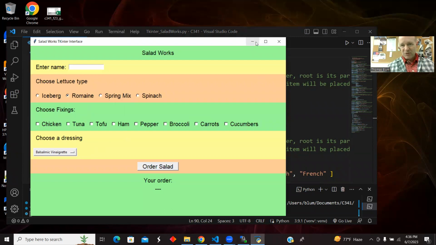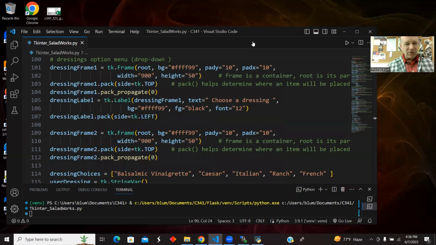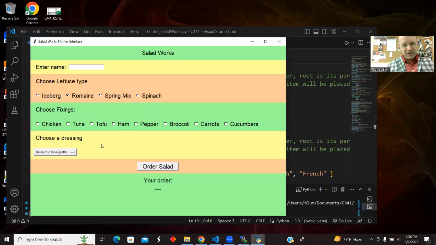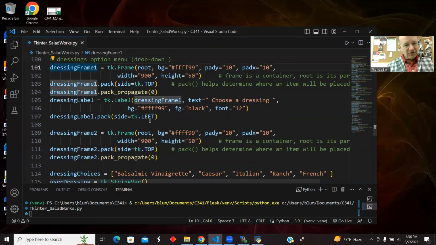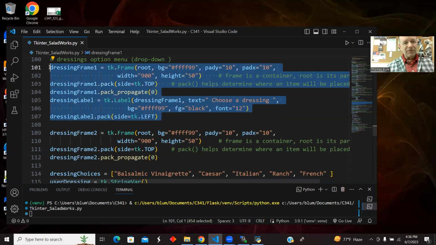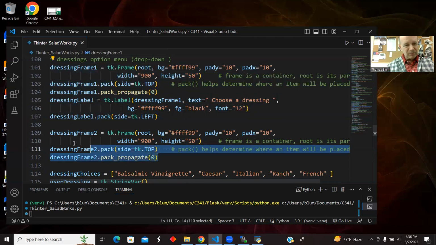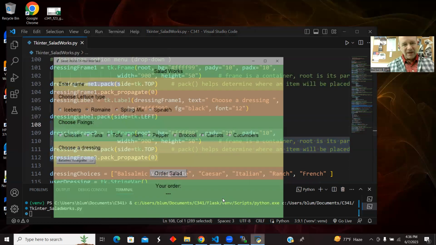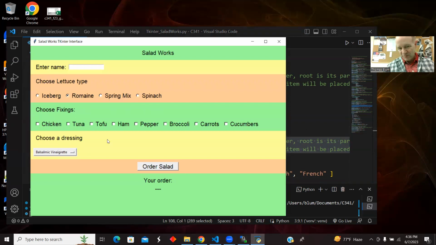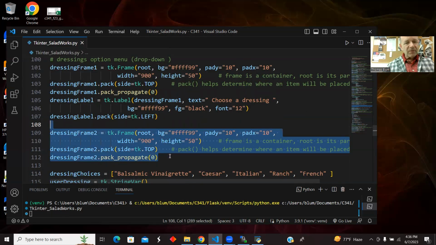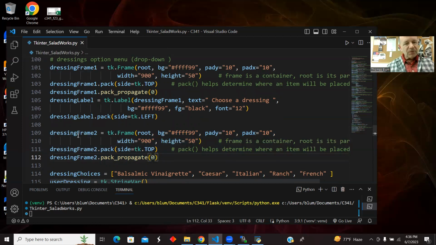And so now that was the fixings. Now I'm at the dressing. I'm just trying to do this demo of showing you all these different kinds of interface in one program. So this one is going to be the dressing frame. So I have the dressing frame and its label, frame 1, and I did frame 2. This doesn't take up as much real estate, so I probably should have put it up on the same level, but I did what I did. So dressing frame 2,